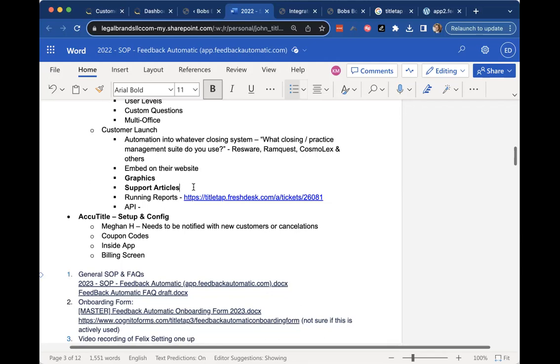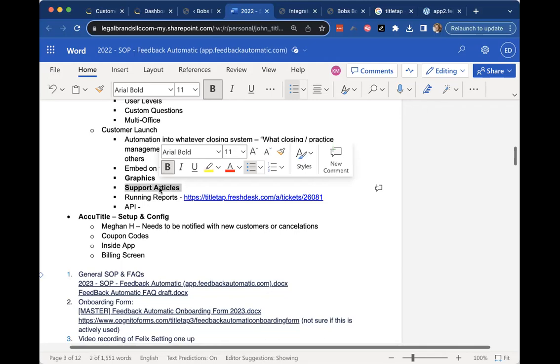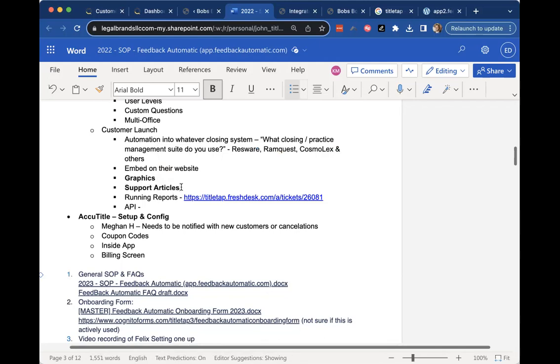And then in that same process, when you figure out what system they have, whether it's RamQuest or Cosmolex or whatever system they have, it's important to create a little bit of a how-to and add it to the support articles to build that out over time. That way we have those recipes as time goes on, as we get more and more clients for a specific solution. And what I mean by integrating this into the system is at the point of sale,